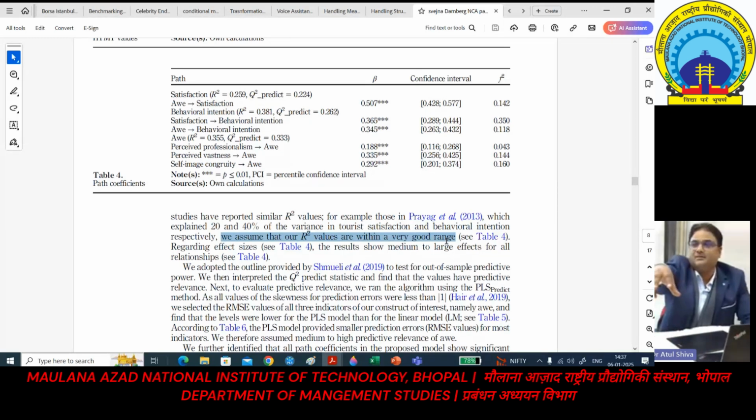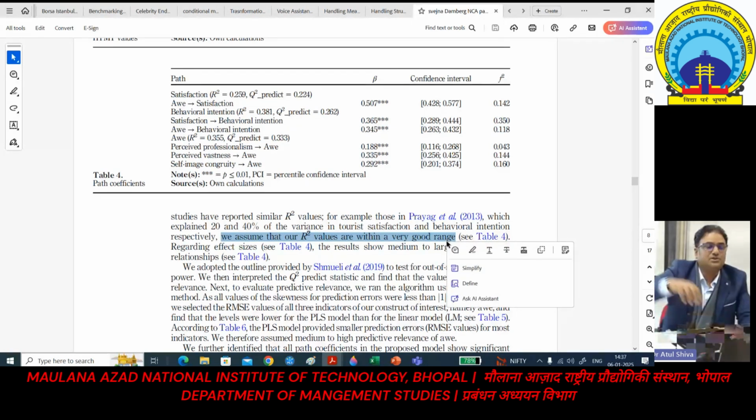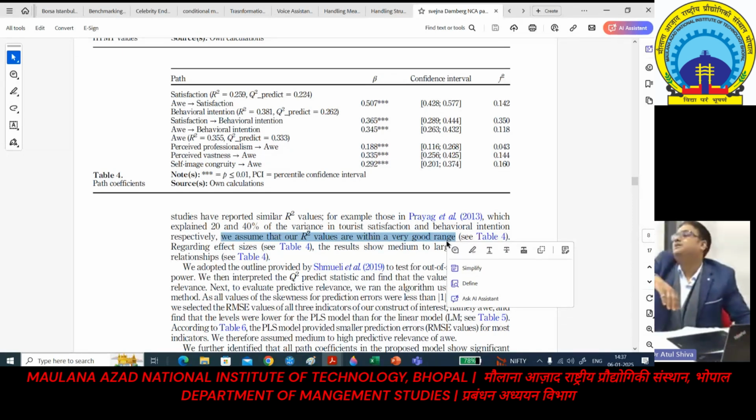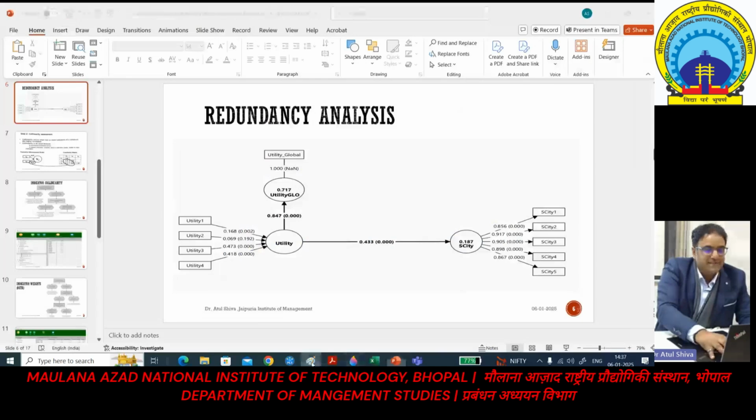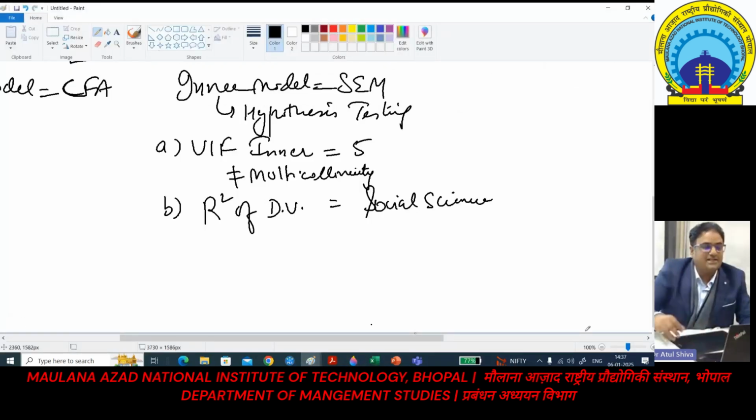At least I have determined your dependent variable. Your objective is to tell who is significant, who is not significant, which independent variable is significant, which hypothesis is not significant. That is SEM. So in this SEM scenario, the first criterion is VIF inner, and the second one is R square of DV. Make a range. Give 3-4 citations. With citations you can stop anybody, right? Yide Liu's paper of China, sports, Rasuli Manish, Hair et al., good R squares. Third one, you are supposed to